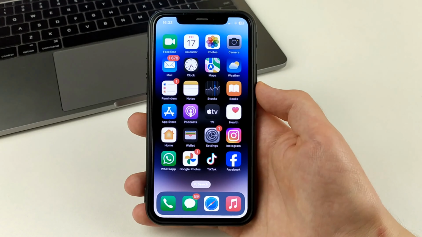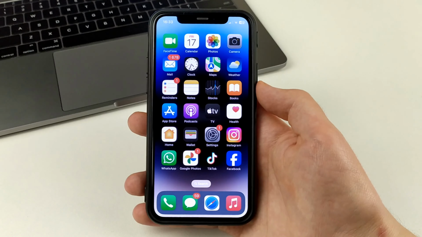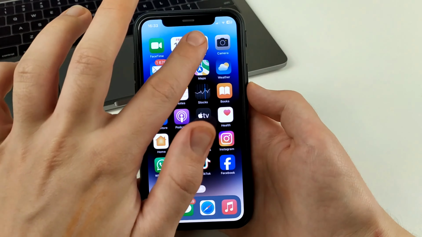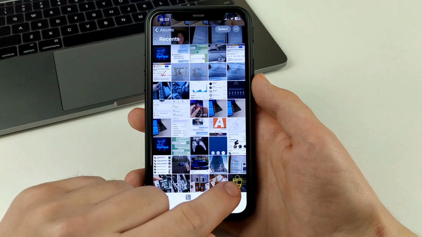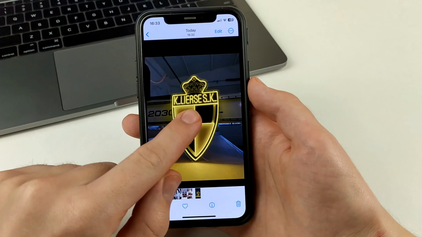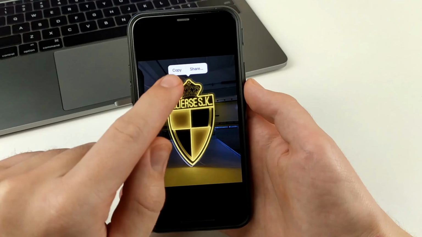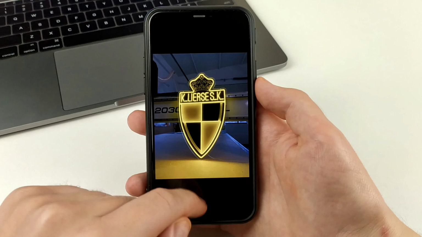photos in WhatsApp. Let's get started. In order to do this, you're going to need to do these things. First of all, we go to the gallery, choose a photo. Next, we click on it. And we have to copy it. That is, this is the object. Click Copy. After that, exit.